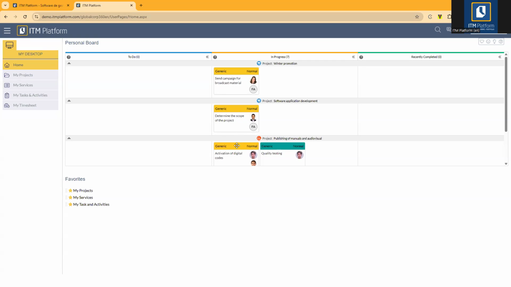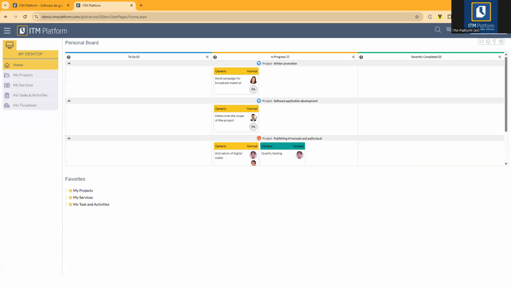So let's go back here. What does that mean? It means that I can drag and drop and change the card for this task. So I can drop it on the to-do column, or I can drop it under the recently completed tasks, okay? This means that I'm actually changing or reporting the progress for that task. In this case, by simply changing the status, okay? For example, tasks